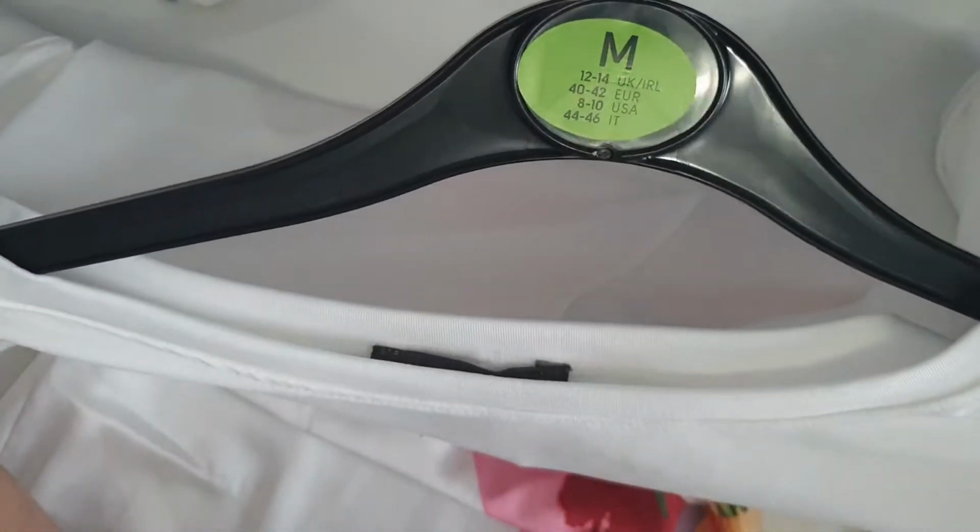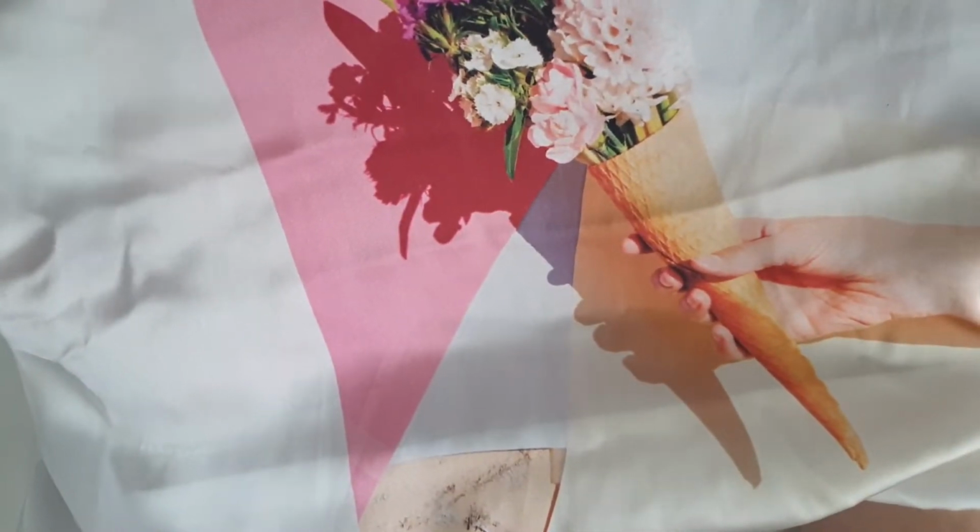Picked up this white top here, so it's really, really loose, baggy sleeves. I picked up a medium, which is a 12 to 14, and to be honest, it's even still huge. And it's got this kind of satiny front. And it says, "Suddenly you made my day," and then it's got like a bouquet of flowers, which might be